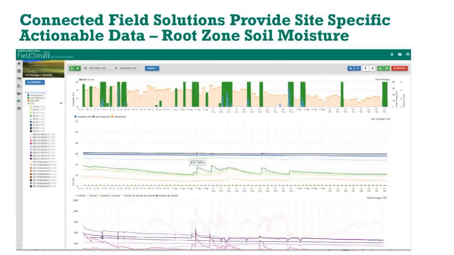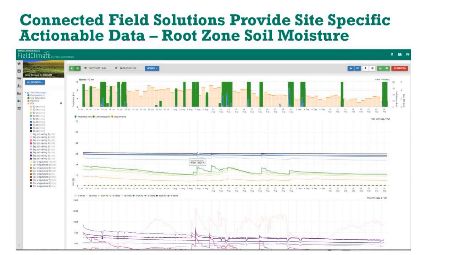Well, today with these probes, you can certainly have a very, very detailed look of what's happening in absolutely every profile of the probe. So every 10 centimeters down, in this case, to 90 centimeters. And we can see a stair-stepping approach, which is the day-night evapotranspiration, where the roots are withdrawing water. And you can see up here kind of a flatline approach where the roots aren't tapping into water. You can also see how much water was added, where the graph is picked up, and how far that water made it down into the profile. So there's a lot of data that you can glean from it.